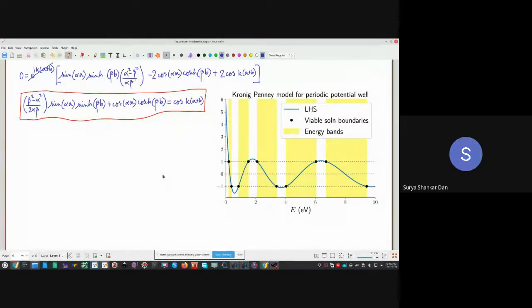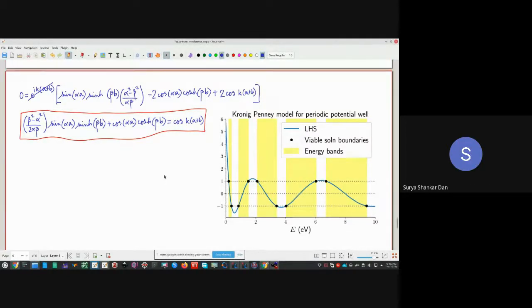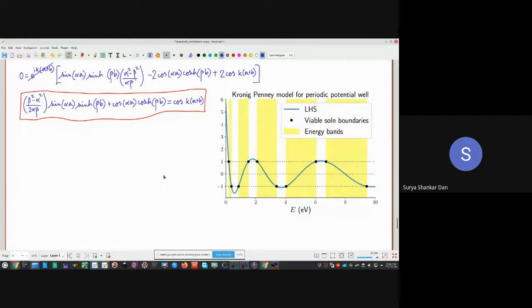Yes, sir. The law of conservation of energy, is it still applicable in quantum theory? Yeah, this is waves, right? We are not speaking about particles. The law of conservation of energy is essentially valid when we are dealing with packets of energy. Here it is not a packet of energy, right?